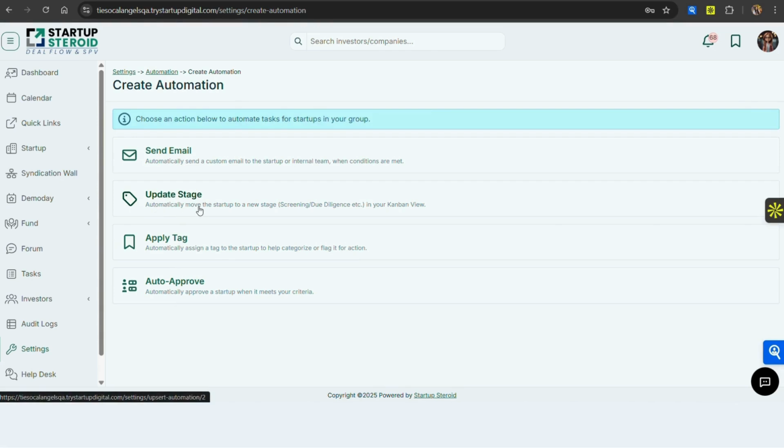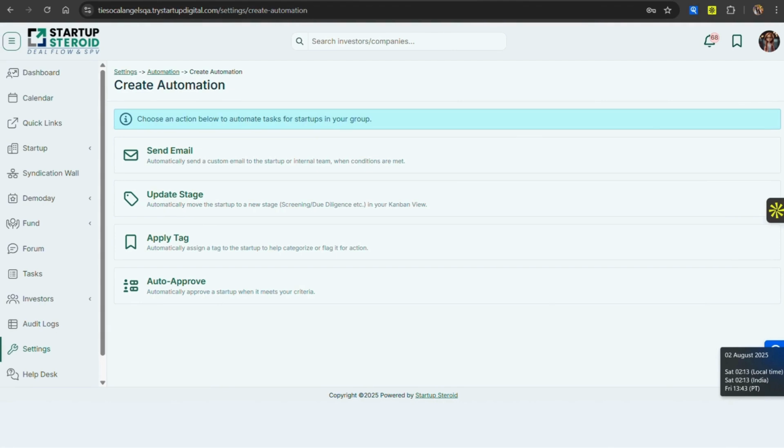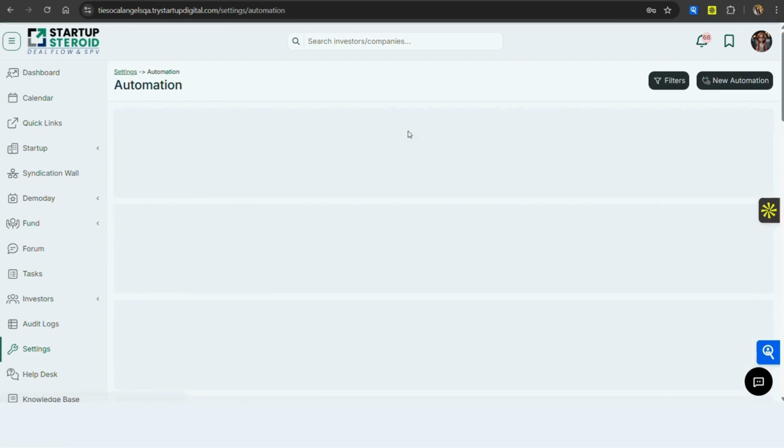Then there are stage updates. For example, if a company has come into the platform and there has been various data upload that you have discussed previously, you can do those kind of updates directly. If a company is on pre-screening mode and one of your investors has taken a look at it and given their interest, you can set the system to automatically update the stage from pre-screening to screening. Similarly, you can automatically apply tags, you can auto approve the companies. All of them are pretty self-explanatory. You can go ahead and explore these products.